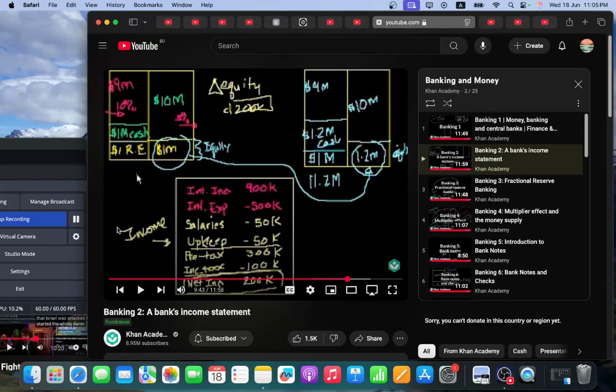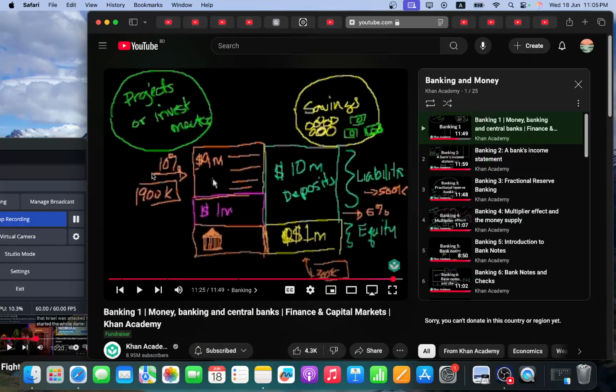Then again, this video part 2 describes the same thing, and one additional thing that it describes is how banks make money. By the way, they loan out outstanding loans. They loan them out and get 10% in interest. And the people with whom they share a liability, the people who deposited cash to begin with, they pay them a certain amount of money, and this ratio has to be like 10% to 60%.